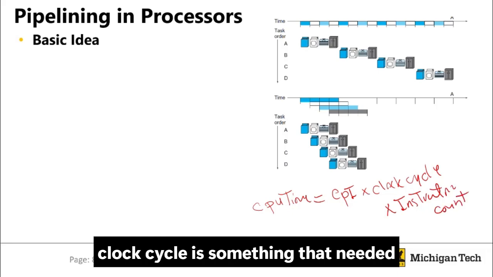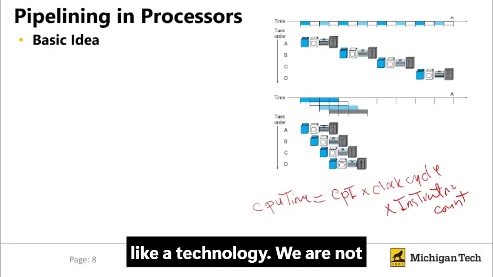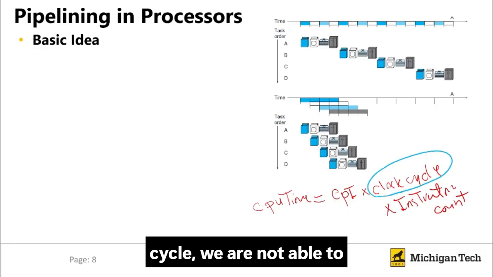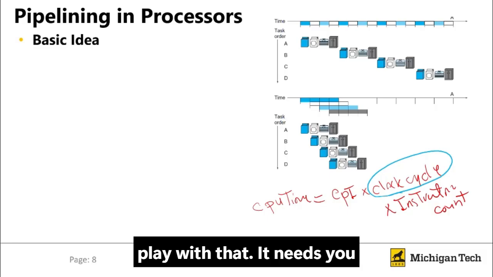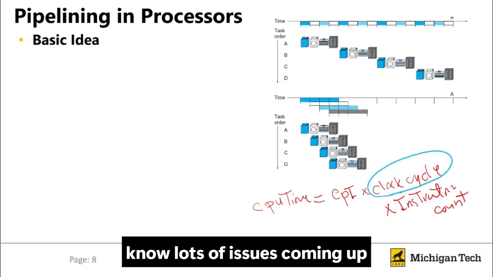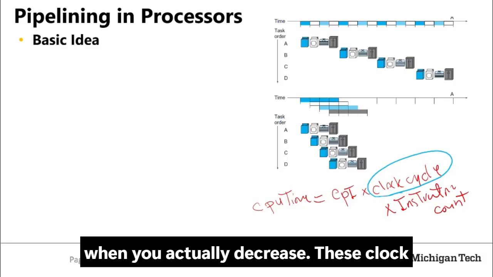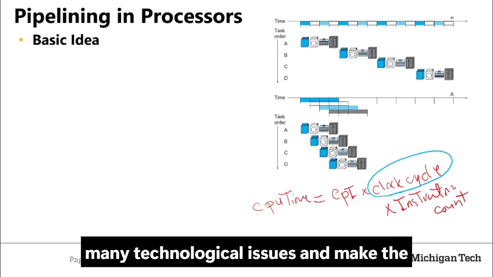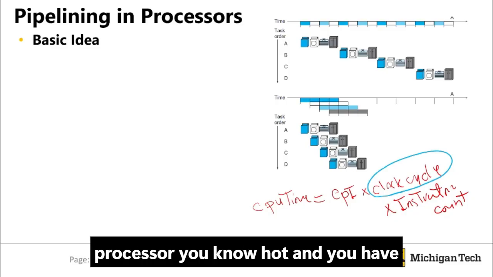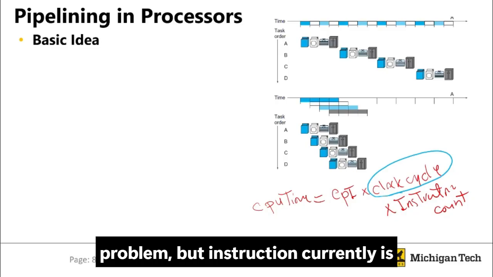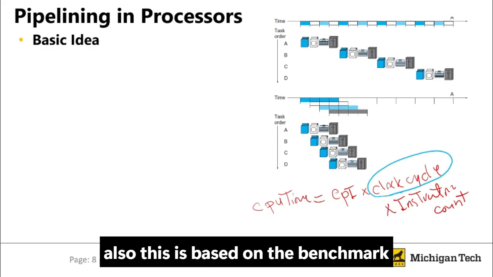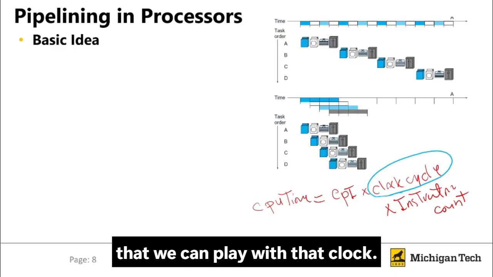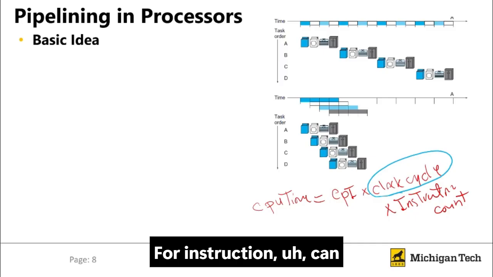Clock cycle is something that depends on technology. We are not easily able to play with this clock cycle. Lots of issues come up when you decrease the clock cycle time. You are dealing with so many technological issues, and it makes the processor hot, and you have a problem. Instruction count is based on the benchmark, so that is also not something we can play with. But clock per instruction,